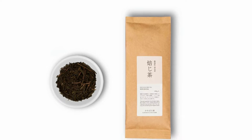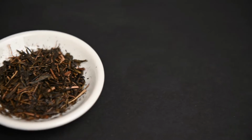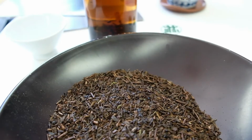So first, we have the Hojicha green tea from Kawabataen. Hojicha is the most popular type of roasted tea in Japan, and it's made from fully roasted tea leaves. These tea leaves are roasted in either a large hot pan or a roasting machine. Unlike most Japanese green teas that have these fresh, vegetable flavor profiles, the roasted tea leaves produce a warmer, almost